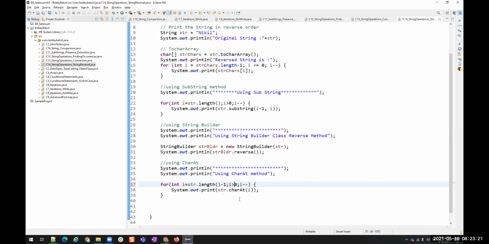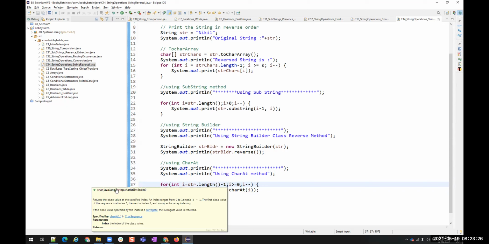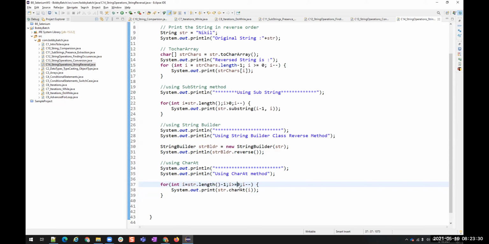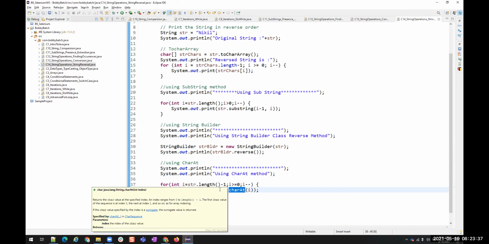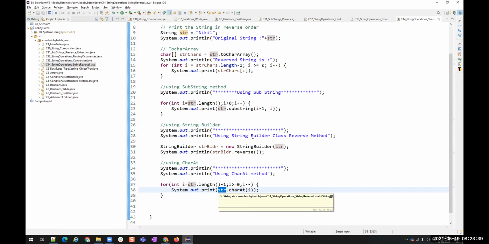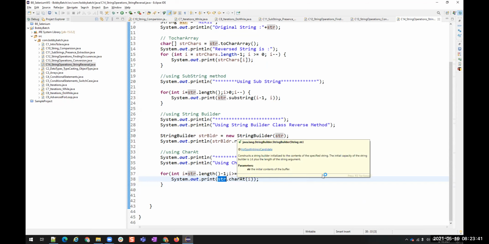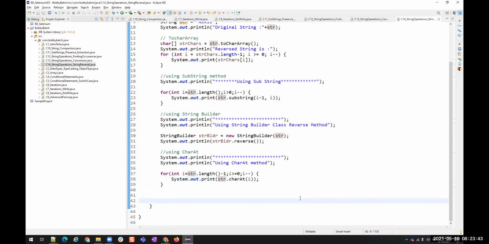Nikhil, what is the use of charAt here? charAt is going to give us a particular character at that particular position. You give a position, and then this charAt method is going to fetch that particular character from this string and give it to us. It's the same as indexOf? No, indexOf is going to return, when you give the character, the position of it. But here we are giving the position and fetching the character.